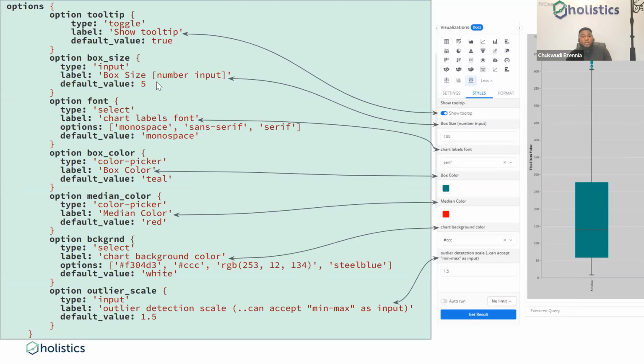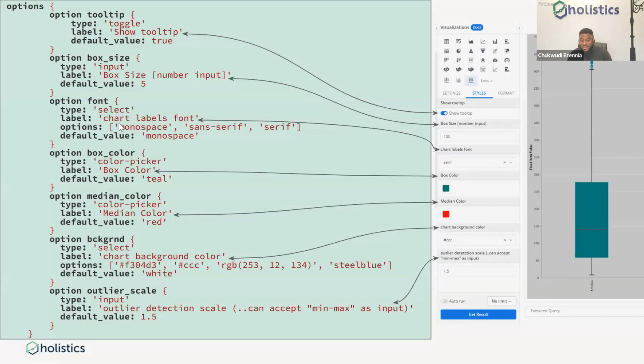or you can take any value you want. Now, one other interesting thing we have is the fonts. You see we're now able to define our own fonts. We have a lot of users who have asked us this question over and over again: how can we change our fonts and modify our own unique fonts? So this is how you do it. You can define an option font, and the type is the select type. And we see what I talked about now with the options here.